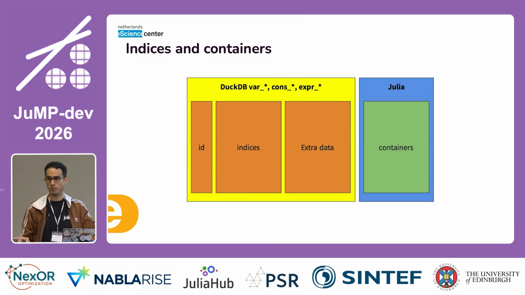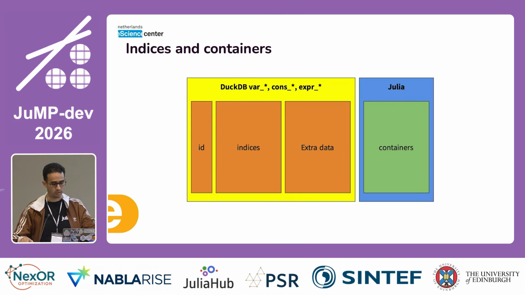And on the Julia side, what you do is you just create the arrays, one per row, and so you have a direct mapping between the table and the DuckDB table. Sorry, then the Julia container. For variables, we normally only have one container because it's just one variable per variable table. But for constraints and expressions, we might have more arrays. So you can have just a single table and multiple expressions, and then a single constraint that just uses all